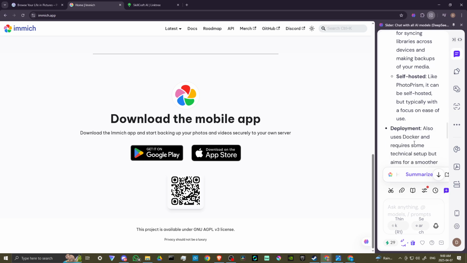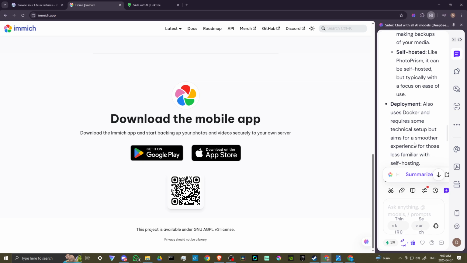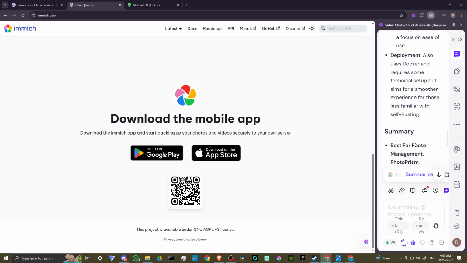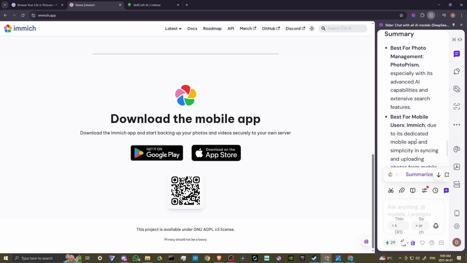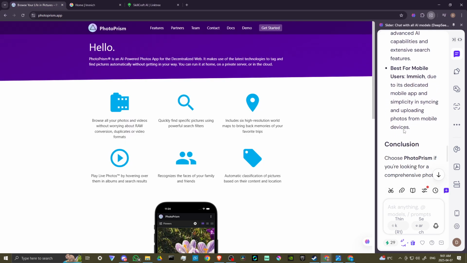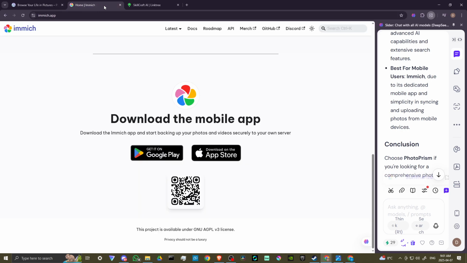Like Photoprism, it can be self-hosted, but typically with a focus on ease of use. It also uses Docker and requires some technical setup, but aims for a smoother experience for those less familiar with self-hosting. It's best for photo management, especially with its advanced AI capabilities and extensive search features. That's Photoprism. And with Immich, due to its dedicated mobile app and simplicity in syncing and uploading from mobile devices, it's